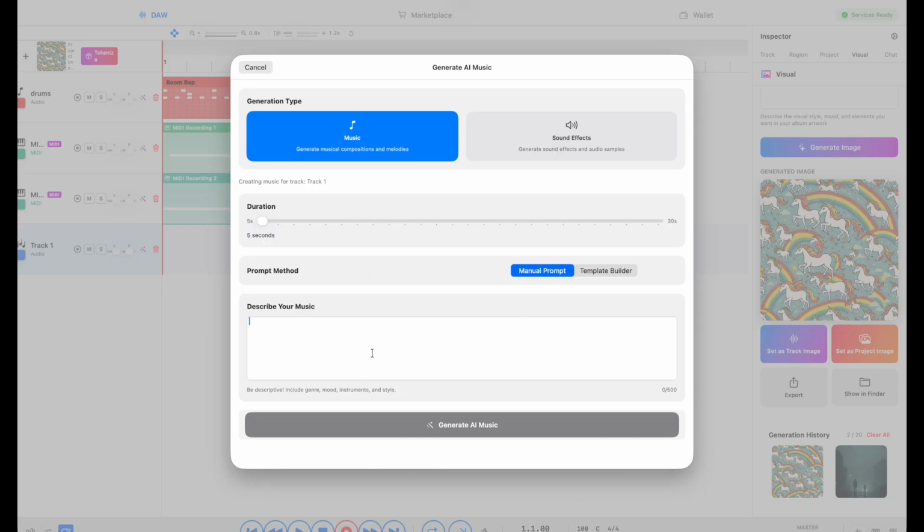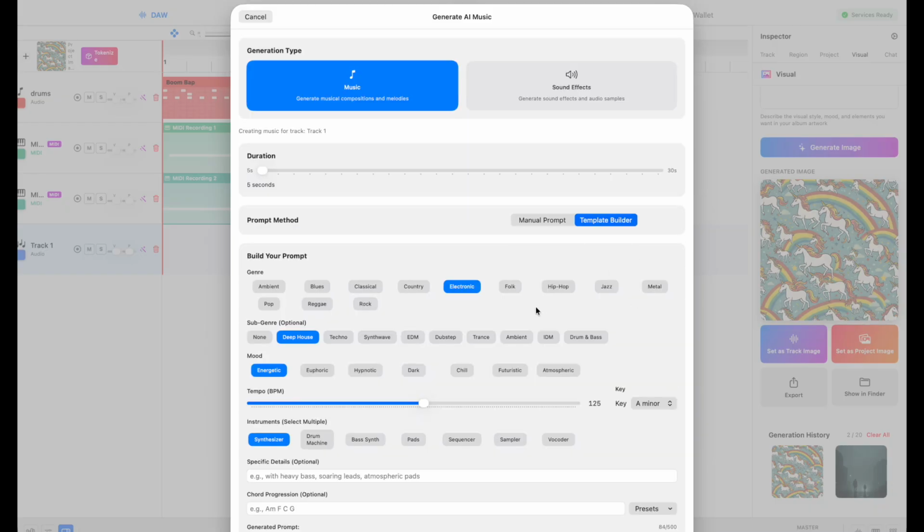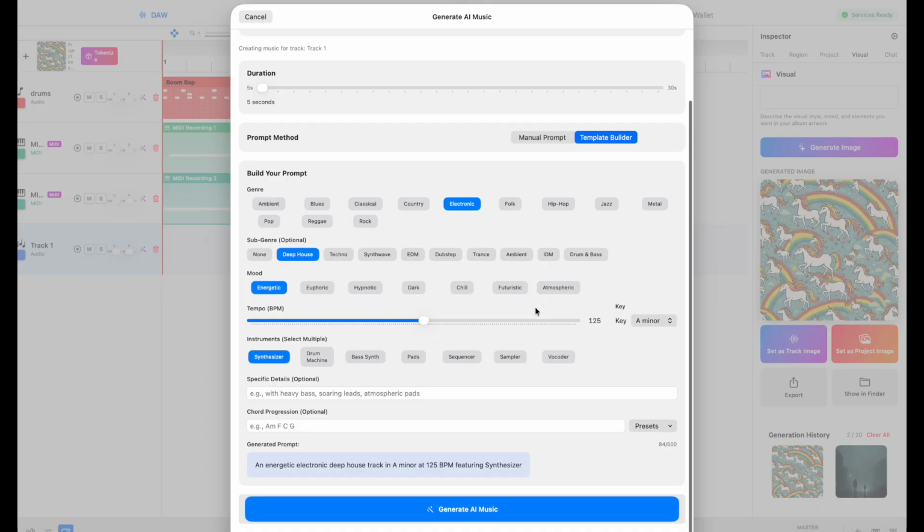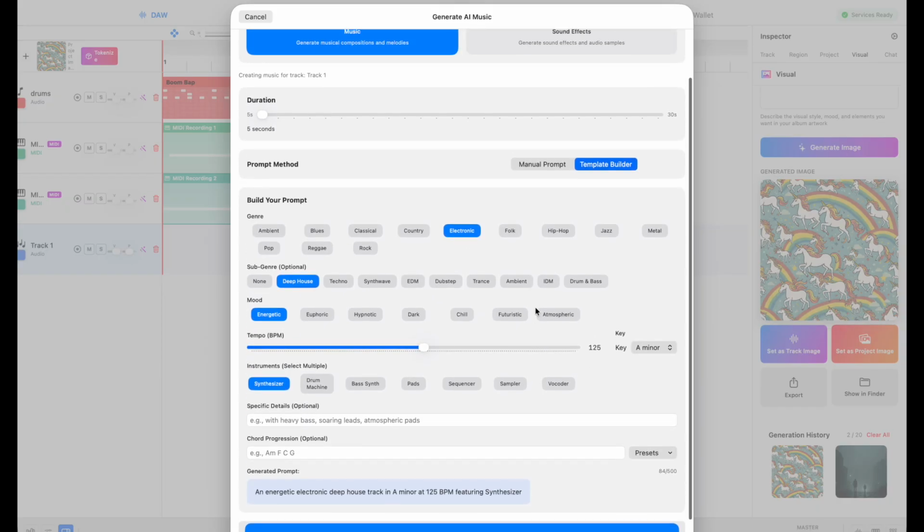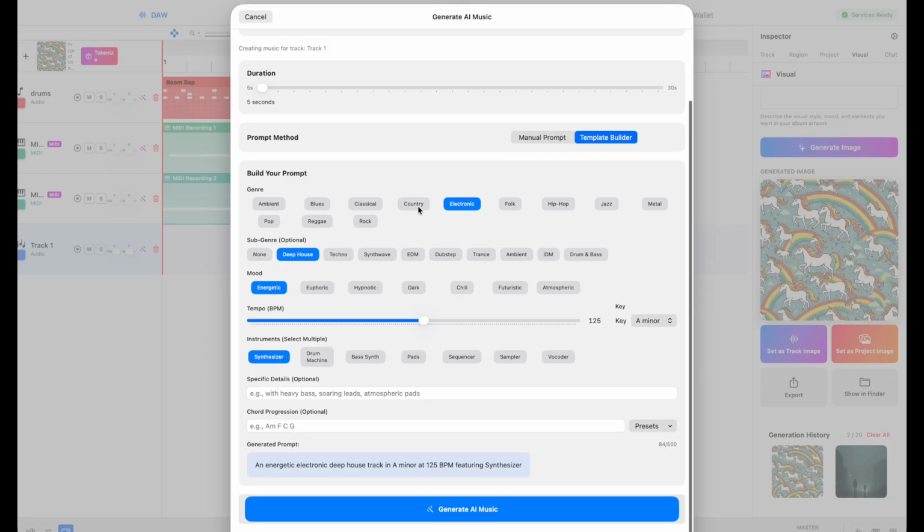So here you can see, you can describe your own. It can do both music and sound effects. Here's the duration. I'm going to just do 5 seconds. We have a manual prompt where we have a template builder. So this format we've figured out after many generations that this will generate a good format for you. So if you don't want to figure out how to do it yourself